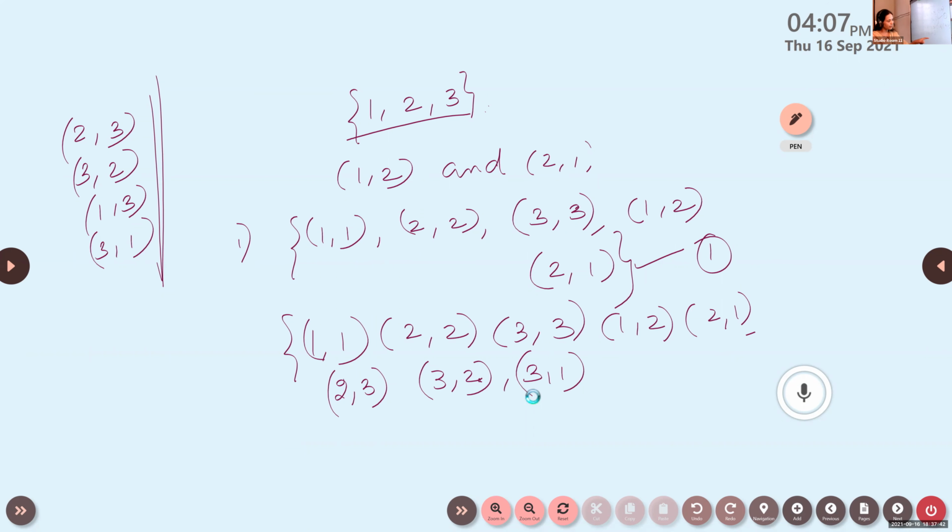But when I add 3, 1, it will violate the law of symmetry, as 1, 3 is not there. So automatically you will add 1, 3. That means we write all the elements. So this is the second way. What is the total number of cases? It is 2 ways. Is it clear? Like this, you have to check it and write down. 1, 2 is there and 2, 1 is there. Now, what is the number of equivalence relations? The answer is 2 equivalence relations.